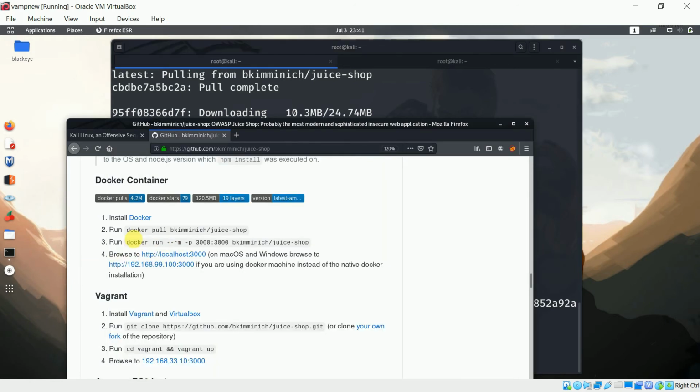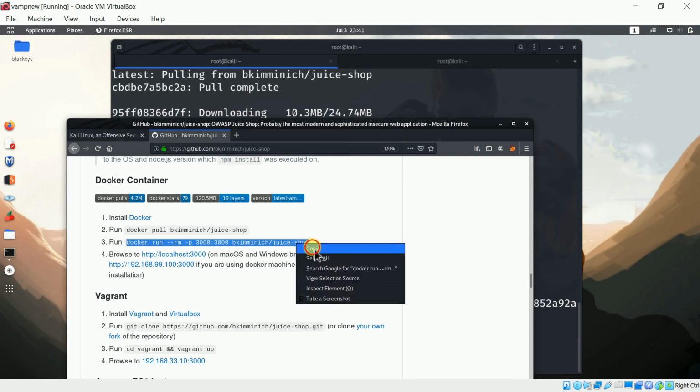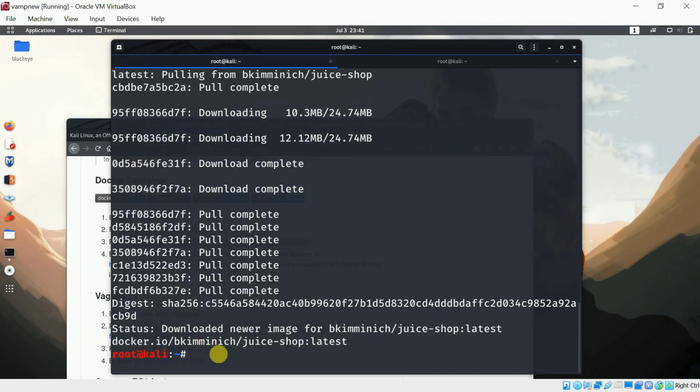Now we will move to the next step. The next step says that you have to run this Juice Shop. In order to run this, you have to copy this particular command here, copy this one, and I will paste it in our terminal, hit enter, and let's see if it works or not.